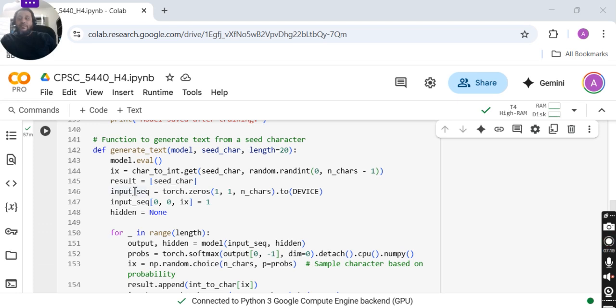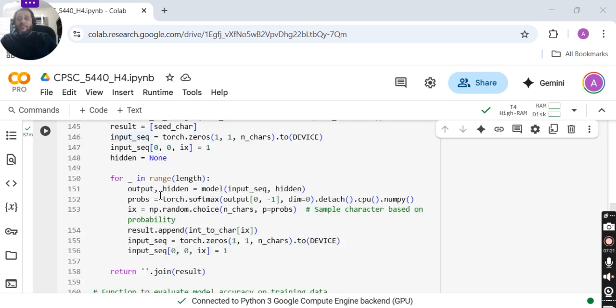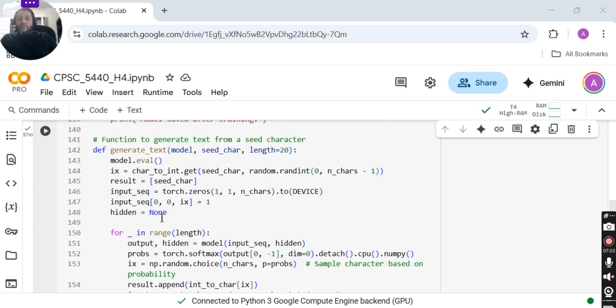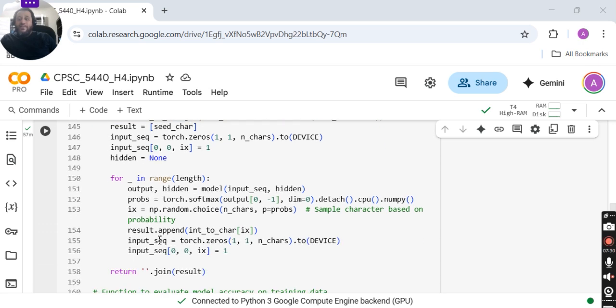The input sequence is assigned one, and hidden is assigned None, and then hidden changes as we loop through. Each time this runs, the hidden either remains the same or changes, but initially it is assigned None.